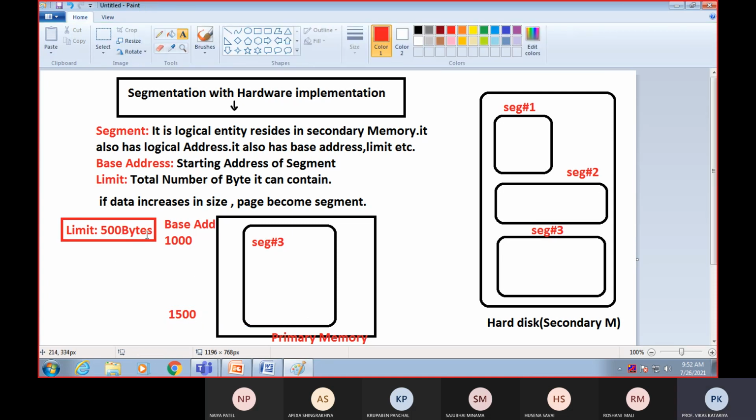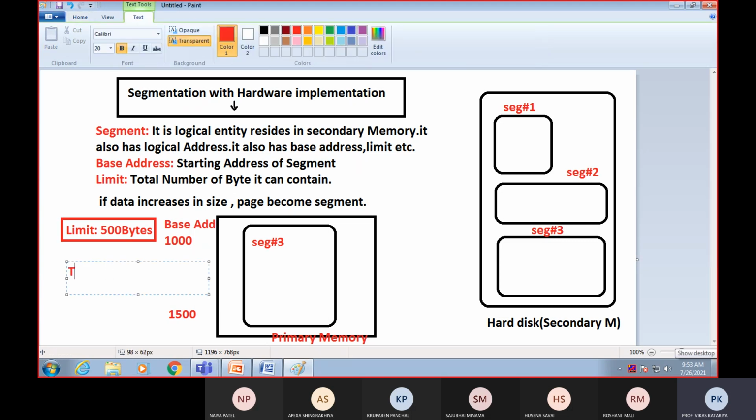Why am I explaining this? Because sometimes the operating system traps. Sometimes it cannot translate a logical address to a physical address because the data of the segment exceeds the limit, right? So the operating system cannot generate the physical address. In this case we say the operating system traps. This is the terminology you have to understand. Trapping means the operating system is not able to translate a logical address to a physical address. That means it is trapped.